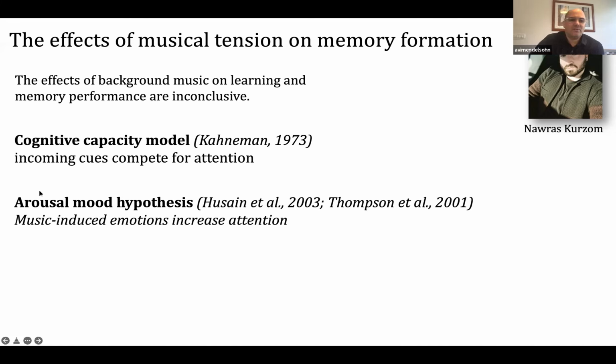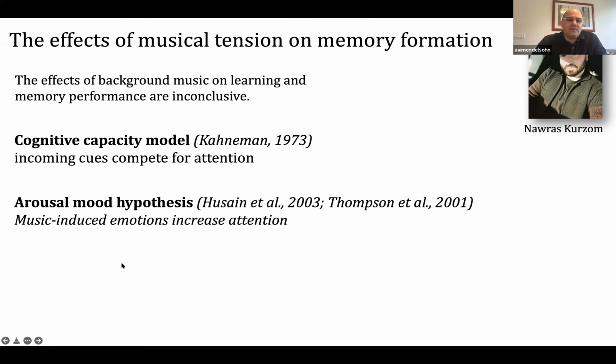And there are two main models that have been used, which are not necessarily specific to music, but are used in order to assess the effects of music. One is the cognitive capacity model raised by Daniel Kahneman, who said that incoming cues, whatever they are, if there are multiple cues, they have to compete for attention. In this sense, one would expect that background music would interfere with whatever cognitive tasks people are doing during listening